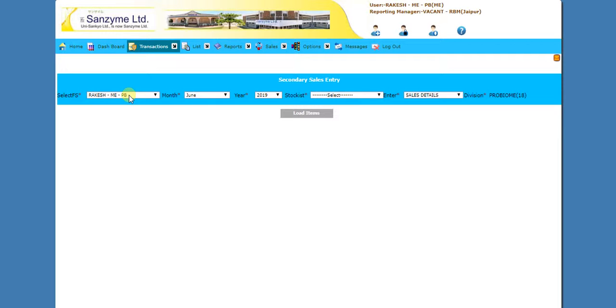In case of a vacant territory, it is the responsibility of the immediate manager to submit secondary sales of the stockist in the system. In the manager login also, the names of all the MEs reporting to him will be displayed. He can select the ME with whom the secondary sales particulars are to be entered, and then select the month for which you are